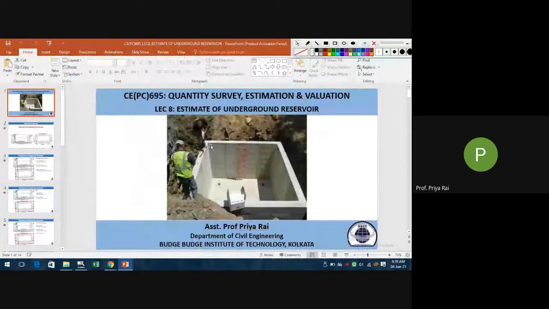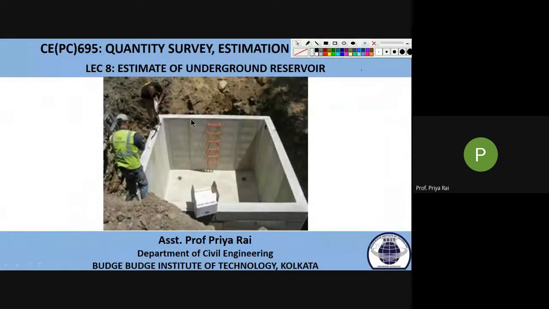Now in order to calculate the area, see what we need for this. Suppose this is your long wall. Suppose it's actually a square, but in our diagram, consider it as the longest wall, 4 meter wall, and consider this as the 3 meter wall. So how many areas are there? Total 4 walls, so total 4 areas. For the long wall there are 2 areas we need to calculate, and for the short wall there are 2 areas we need to calculate.